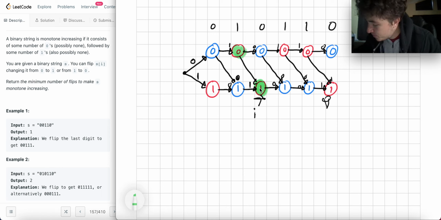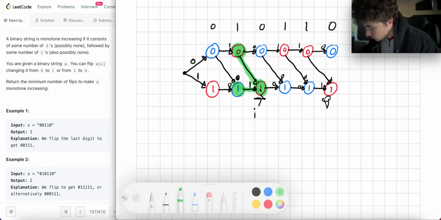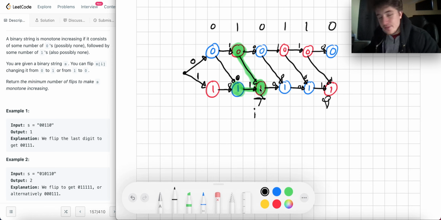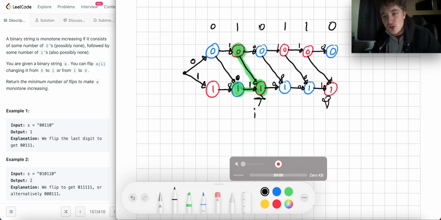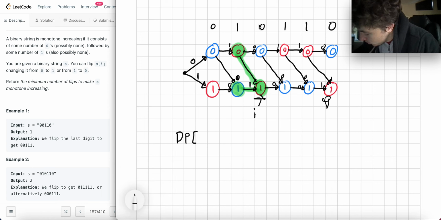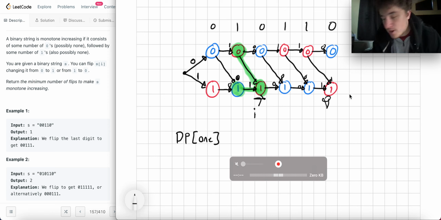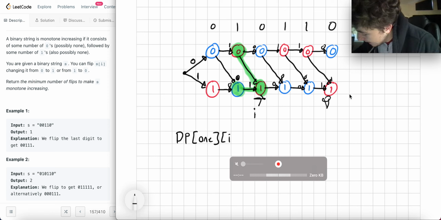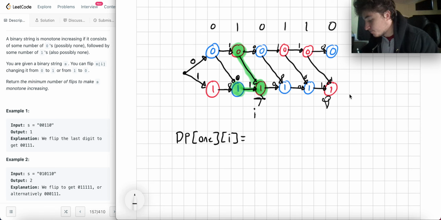Well, I can use this path, or I can use this path, right? And then the cost of the edge corresponds to the node that you're at. So the dynamic programming solution, DP, for 1, 1 being these edges at the bottom, at I equals,